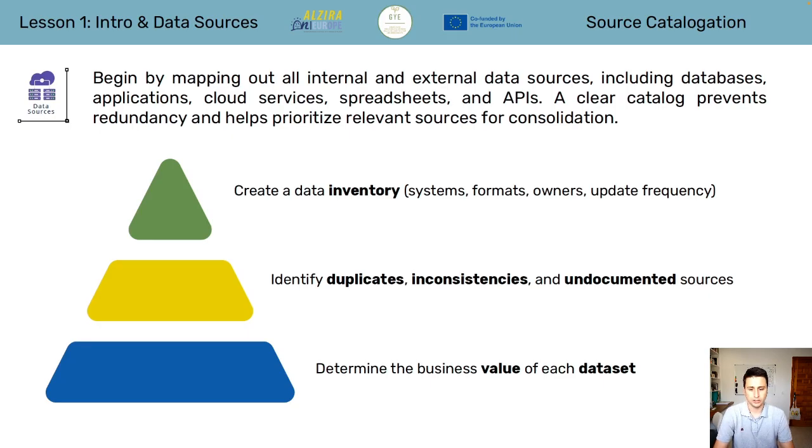Then we should identify duplicate documents in order to have a common version. Some inconsistencies in formats, naming, or other aspects that we should correct. Okay, and if there are some undocumented sources, where we have that data but we don't know the origin, where this data source is coming from. Okay, so it's important to check those undocumented sources too and to decide if it's convenient to use them or not. Okay, if we don't know the origin, we don't know if we can trust that information or not.